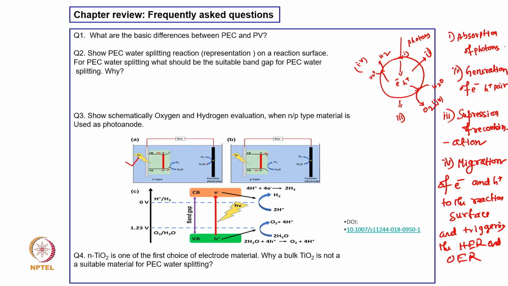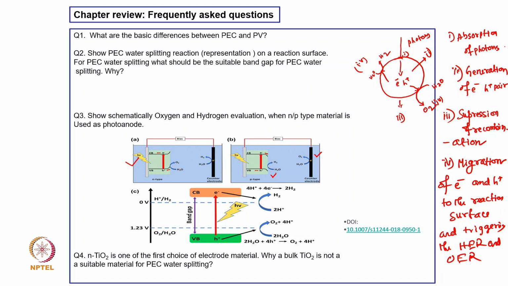Okay, now if we change this photoanode to P-type, here the light falls and there is band bending. So, the electron moves in this direction and the holes we can consider as moving in this direction, and therefore the conversion of H2O to O2 takes place here in the counter electrode, and the conversion of water to H2, the hydrogen evolution, takes place in the photoanode. So, it is exactly opposite.